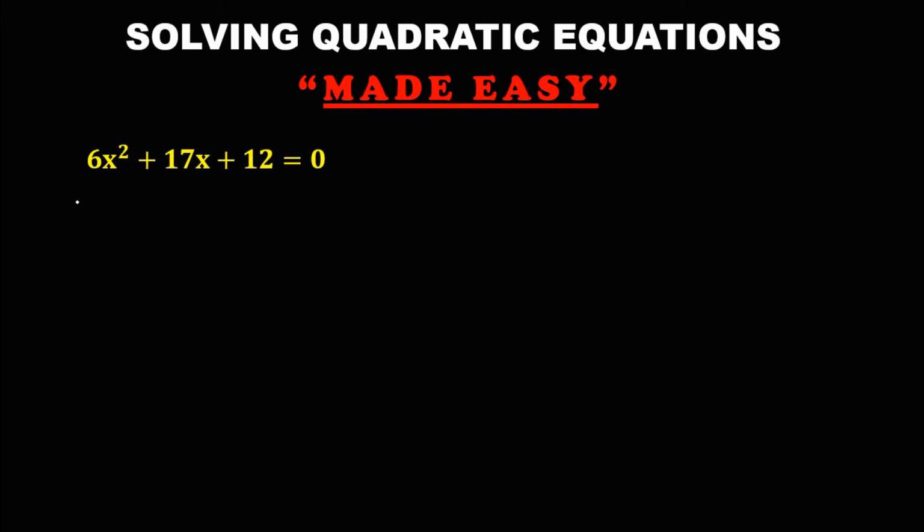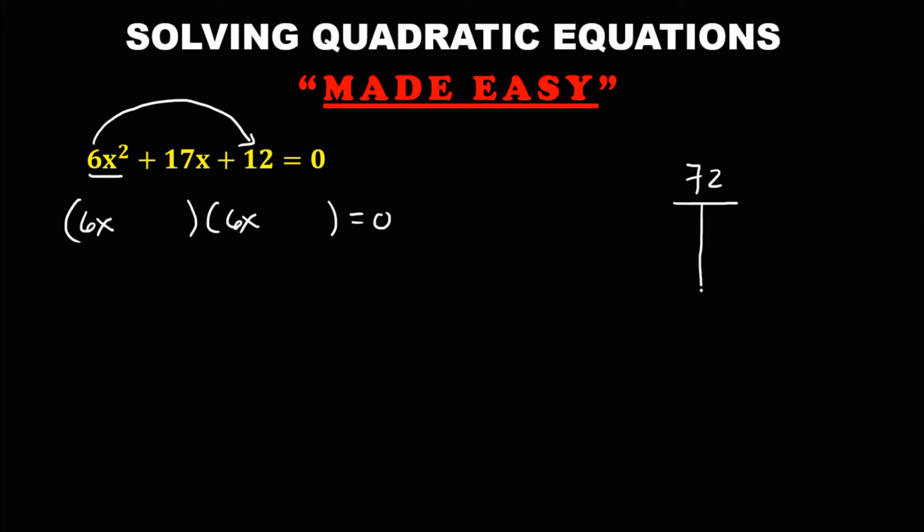Then for this given, again to find the factors, just write this number to both sides of the factors. So this is 6x and 6x. Then multiply these numbers, 6 times positive 12. That's positive 72. Then we need to list all the factors for this 72. Since this one is positive and the middle term is positive, all the factors must be positive.